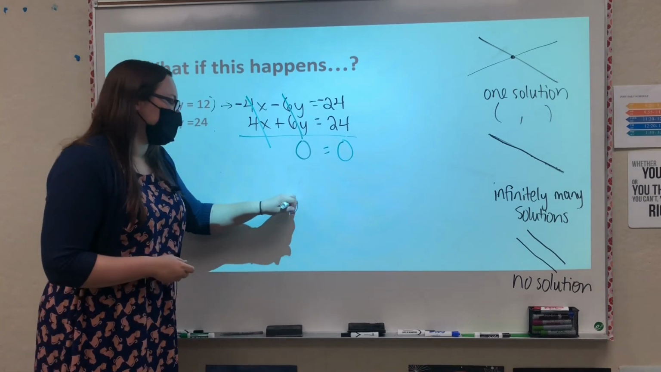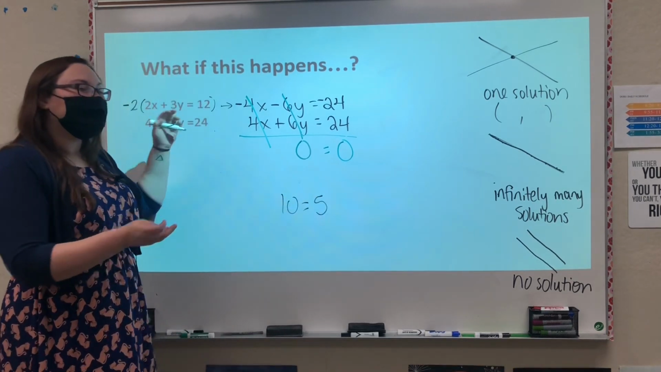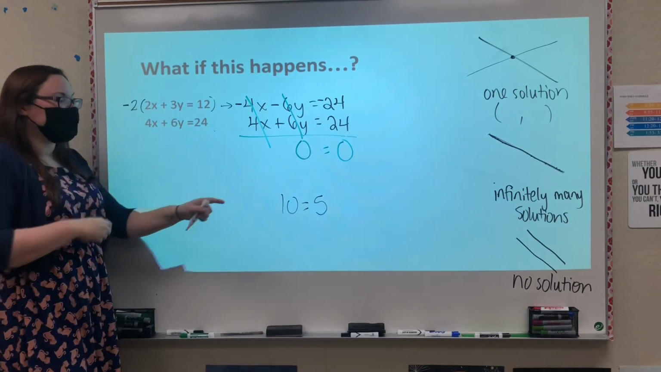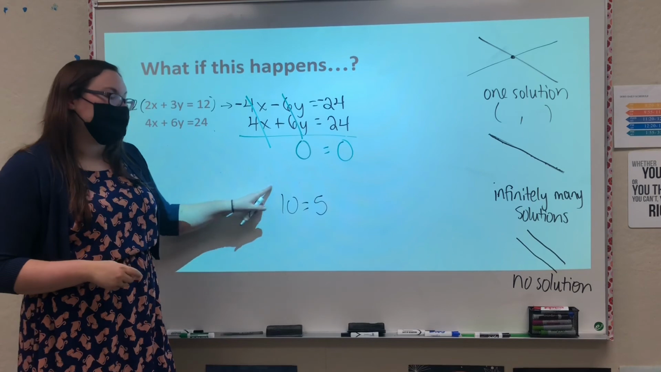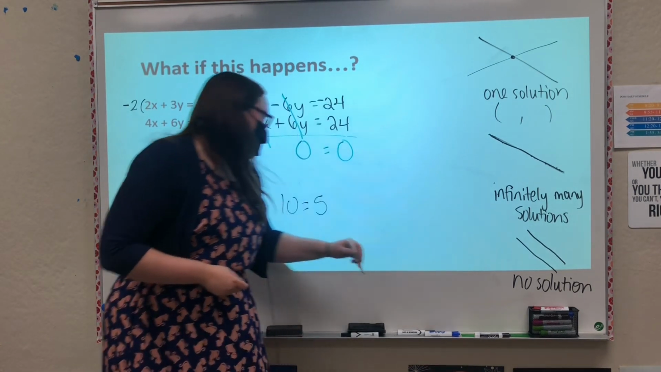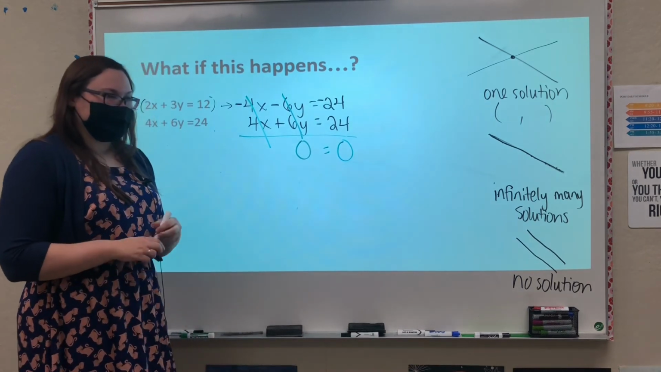Let's say, for example, it said 10 equals 5. In no world does 10 equal 5. There is no point we could substitute into the system to make 10 equal 5. So if we get something that's not true, it means no solution. Perfect. If we get something that is true, like